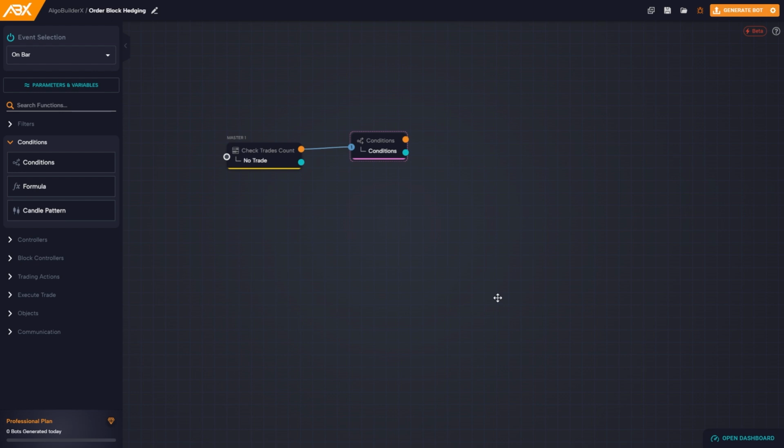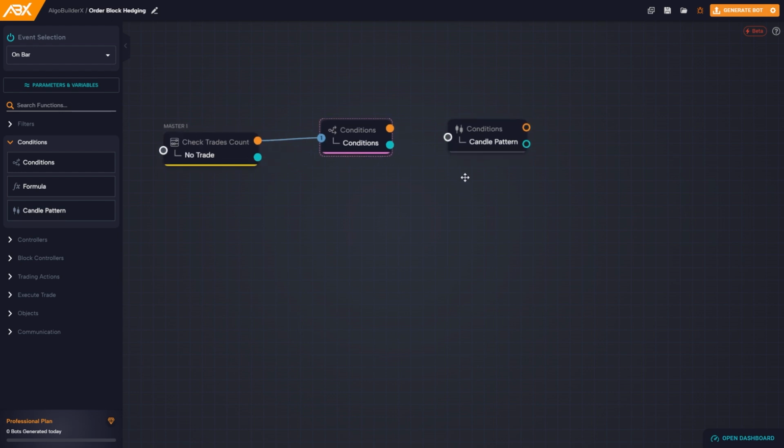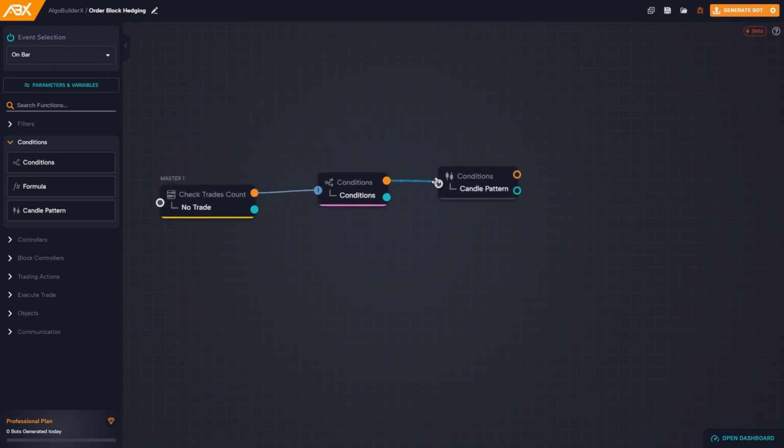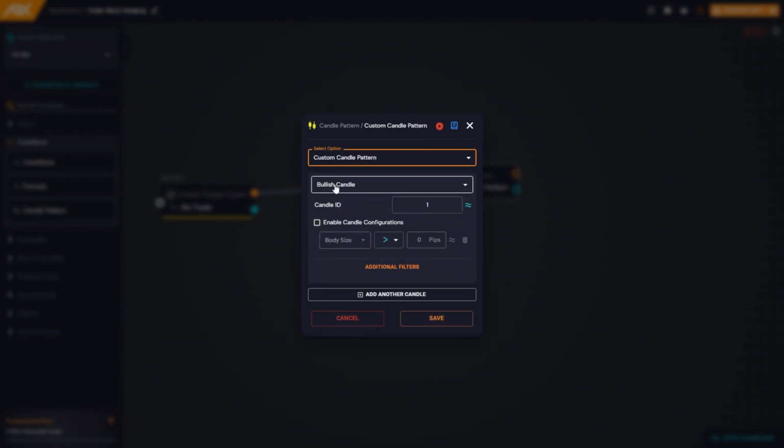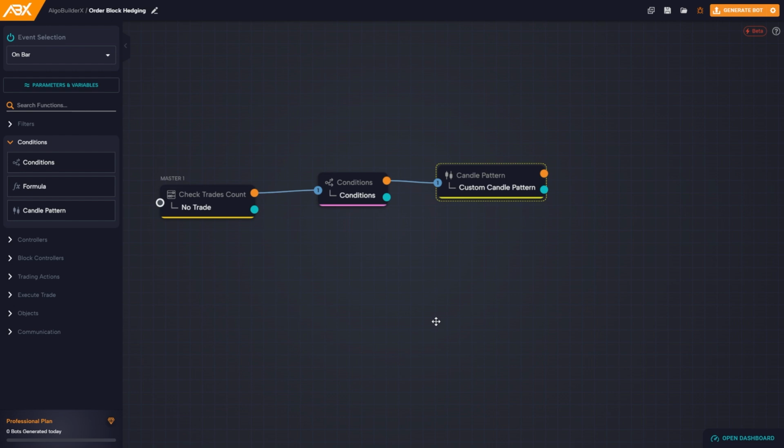Once we've identified the strong movements, we need to locate the candles of the opposite color near these movements. For this, we'll use the candle pattern block. Connect the block and select Custom Candle Pattern. Since we're identifying a strong bullish move, we look for bearish candles, so select Bearish Candle and set Candle ID 1. If this condition is true, it means we're looking at an order block, and we can draw the line